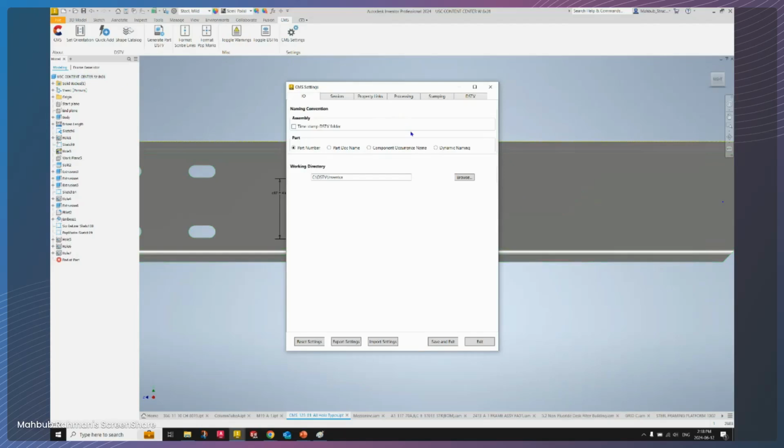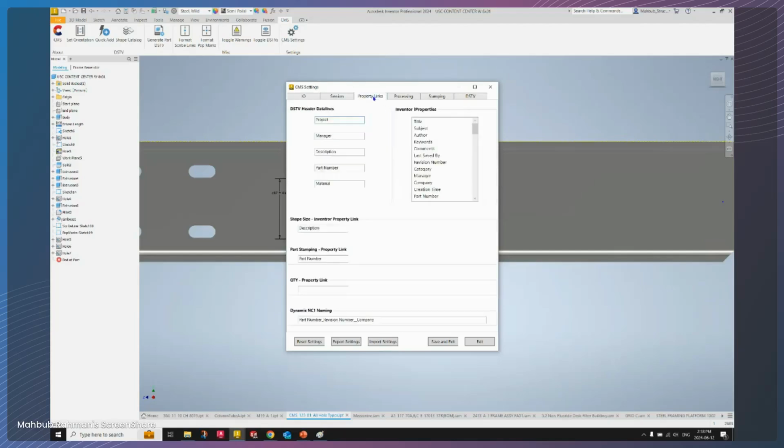If you have an assembly and you want to bring the occurrence names as well, let's say you had multiple component occurrences, right? But you want to capture all those NC files separately, which is not relevant, honestly, but we had one client asking for that, so that's why we include that one. And at the same time, it's dynamic naming as well. So what it actually can do is get,